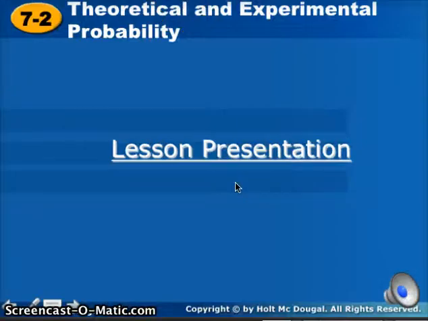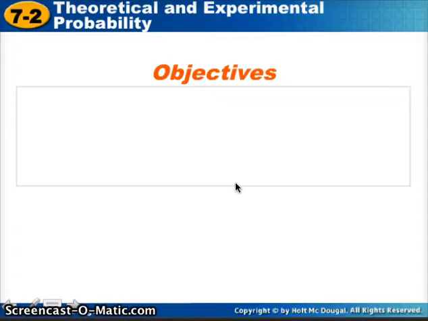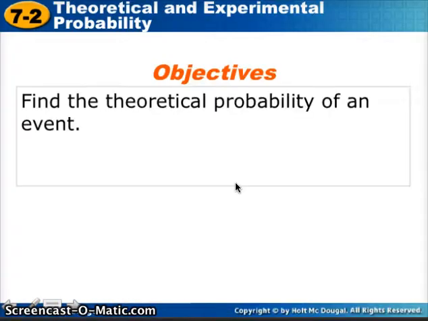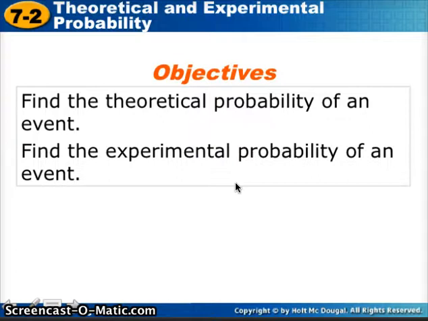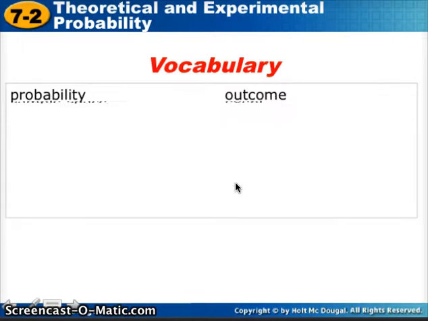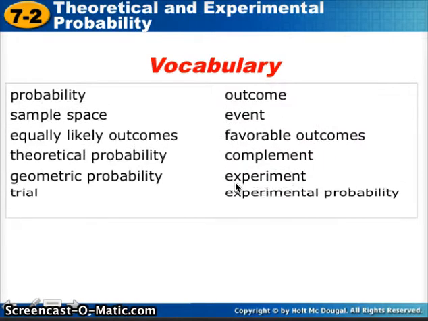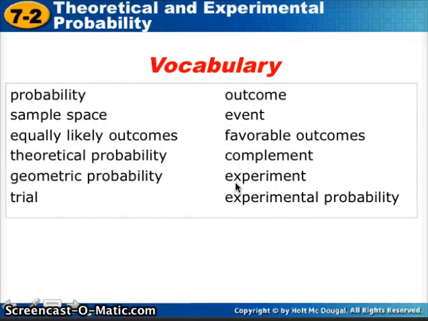Hello, this video is about theoretical and experimental probability. And in it, we're going to find the theoretical probability of an event, as well as find the experimental probability of an event. So, we're going to cover a lot of vocabulary. We're going to talk about all these things. So let's go ahead and get started by talking about them